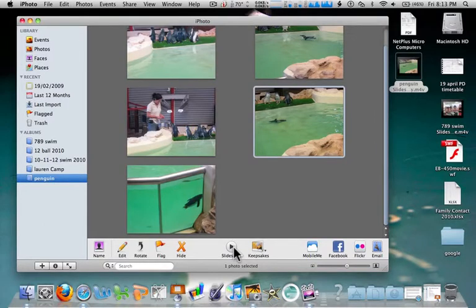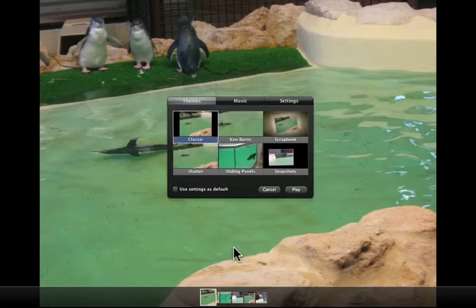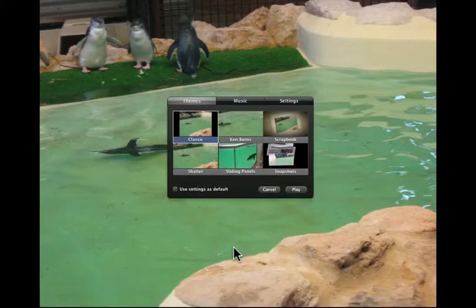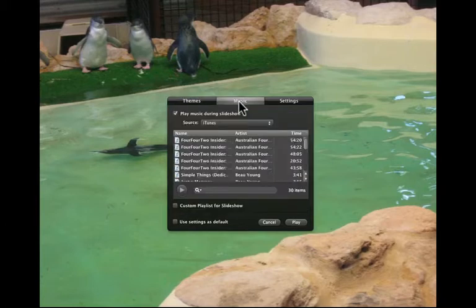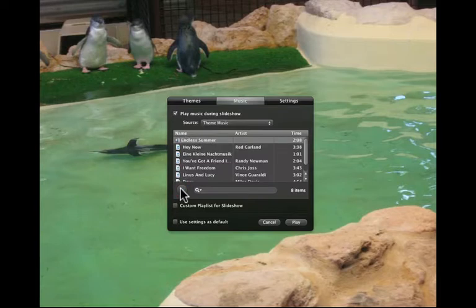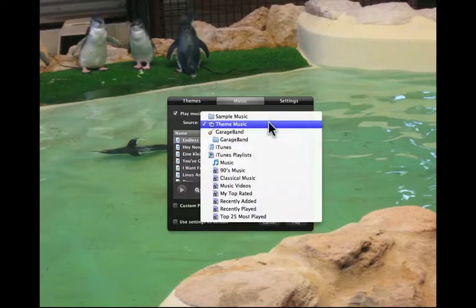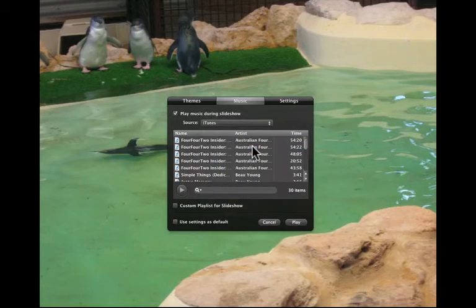Now, a slideshow is quite simple. Click on slideshow. Goes full screen. Oh, first time I've used it with this album, so it doesn't know what to do. I want to know what special effect I've got. Let's go to Ken Burns. That makes them sort of fade in, fade out. Music, some built-in musics. You can listen to what they are. Choose one, press play. Or if you have some music that you've installed into your iTunes, you can have a look through your iTunes